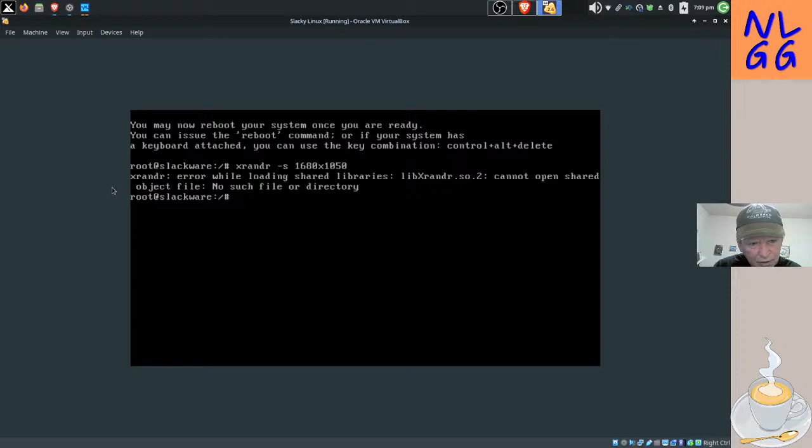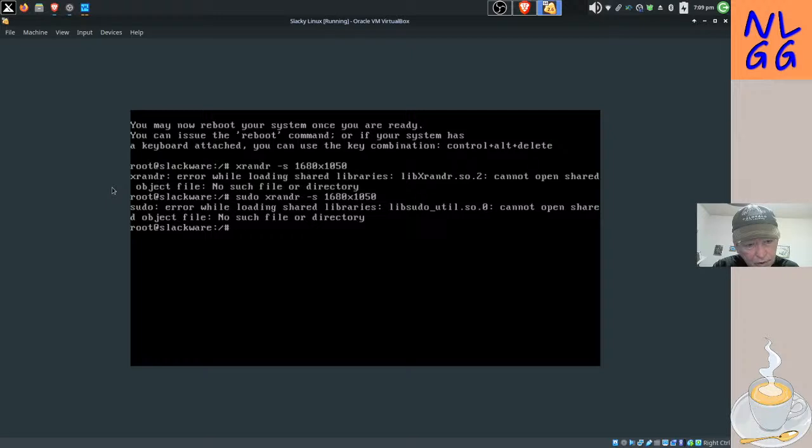Yes, I didn't have any such problem, but then I thought, well, maybe I just need pseudo permit, so I've tried that. Still the same problem. So obviously Xrender is one of the things installed here. I can install it if I had a package manager, that kind of thing, which I think is a